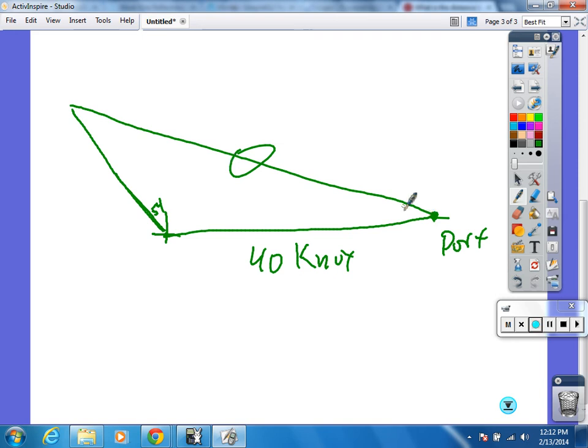So, how far though is he away from the port? Well, remember from here to here, that's 1 hour as well, because it said at 2 o'clock he went here, but then at 3 o'clock he stopped, right? So this is also 20. Can anybody see a predicament with what kind of triangle we have right here? We've only been studying right triangles, right? Later I can find this by using the law of cosines. There is a way to do it. It's called the law of